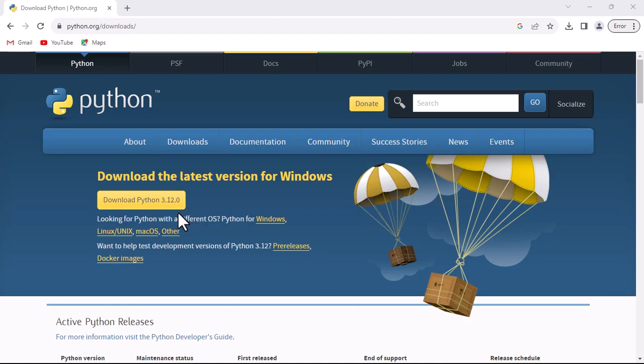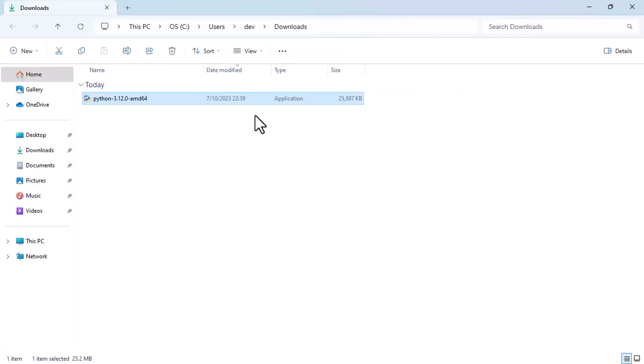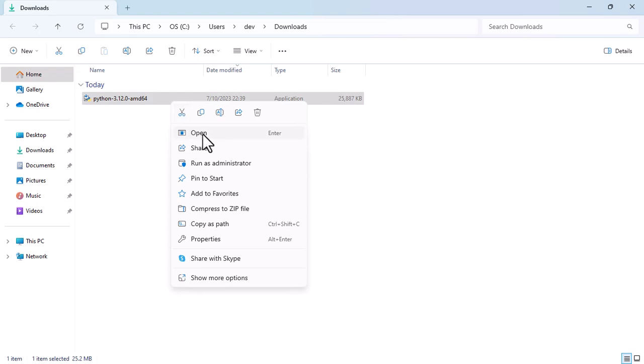So you download the Python that is compatible with your operating system, and I'm going to download the latest one here for Windows, which is 3.12. After downloading that, here under the download section you will receive a pop-up that is downloaded. So I will go straight to my file explorer to identify my Python file. Then you right click on it, then you open it,